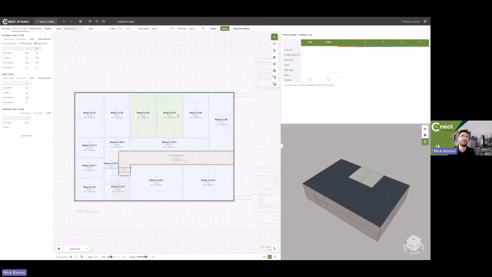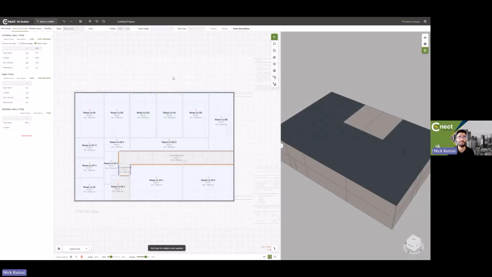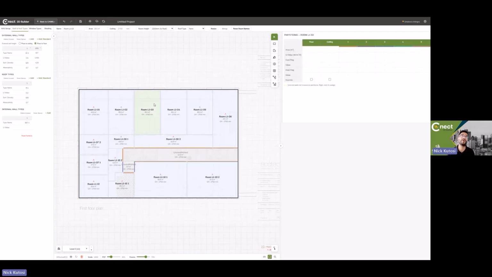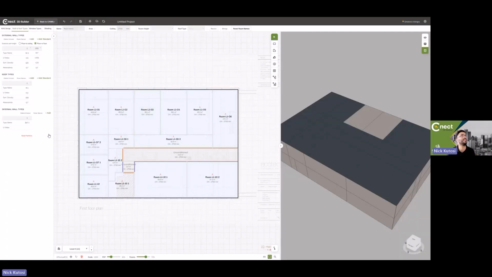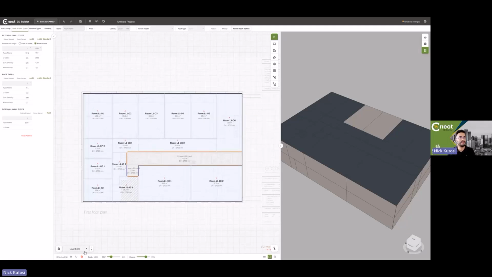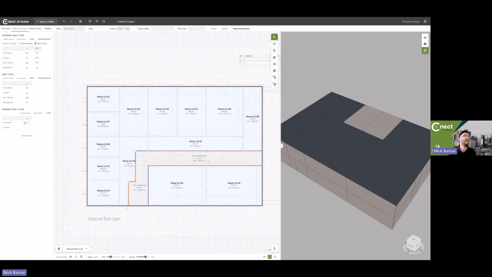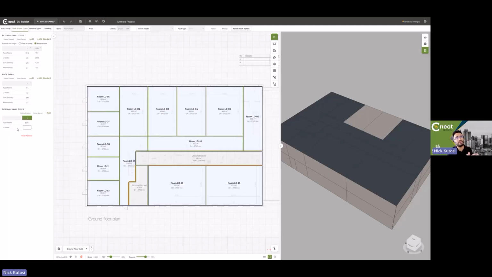So say if I wanted to remove the roof from these couple of rooms, I can go roof type and then just put none. You can see that's now removed the roof type from those two rooms. Or similarly, I could assign them to a different roof type that I'd set up. We'll jump back down to level 1, or ground floor rather. And lastly, we've got the internal wall types